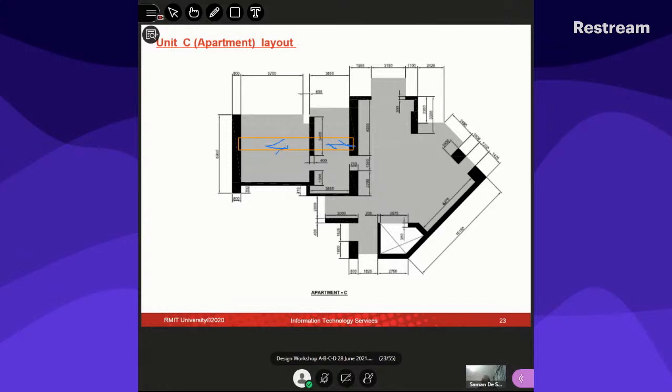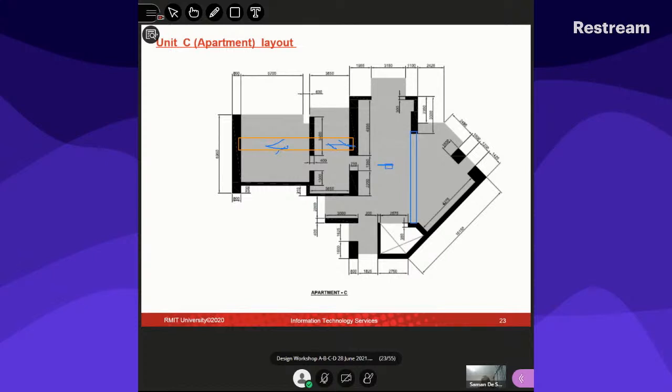In this option, of course, one of the better ways is to try and have a beam. I'll go to a blue color. You can run, I guess, a beam from there to there, and then you can try and work out